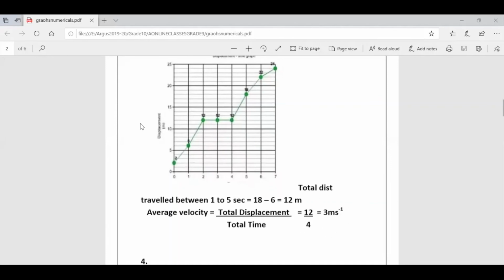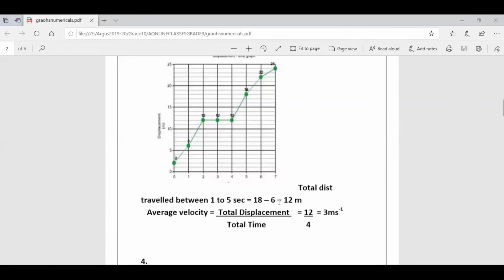Again, I'm explaining. You take a graph paper, plot the graph as you know how to plot. You will get a graph like this. Now you are supposed to plot this graph and you have to find the average velocity between 1 and 5 seconds. How to find average velocity? First, you find distance or displacement in 1 to 5 seconds. When you come to 1 second, you go to the graph, and on this side the displacement will be 6 meters. Then from 5 seconds, go to the graph like this, and you see the displacement on this side, it is 18 meters. So 18 meters minus 6 meters, that is the displacement in your 1 to 5 seconds, that is 4 seconds.